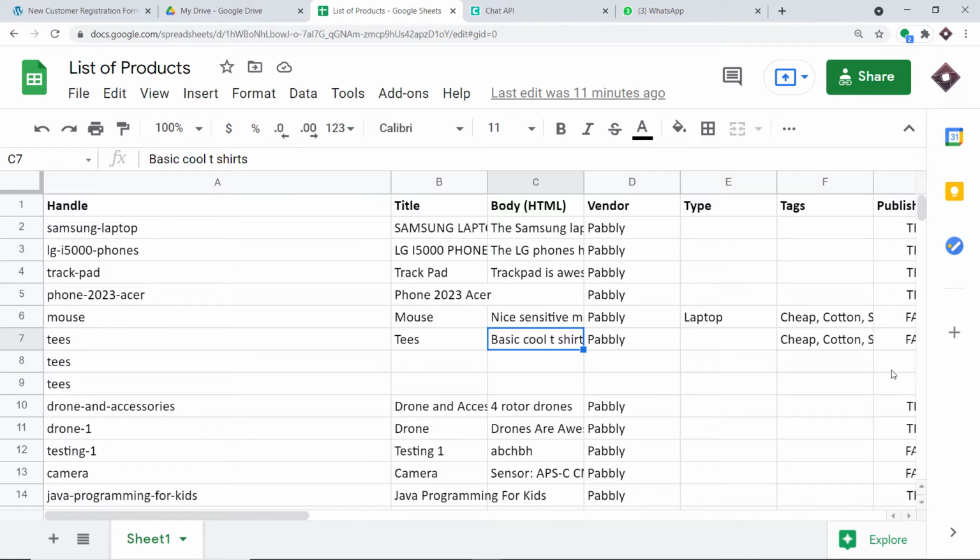Now before we begin the process, there are three things I have to tell you. The first thing is we are using Chat API to send the WhatsApp messages. There are many other options like CAPTCHA. Second, PabliConnect doesn't own Chat API. Third, and perhaps the most important thing, is Chat API is definitely not free.